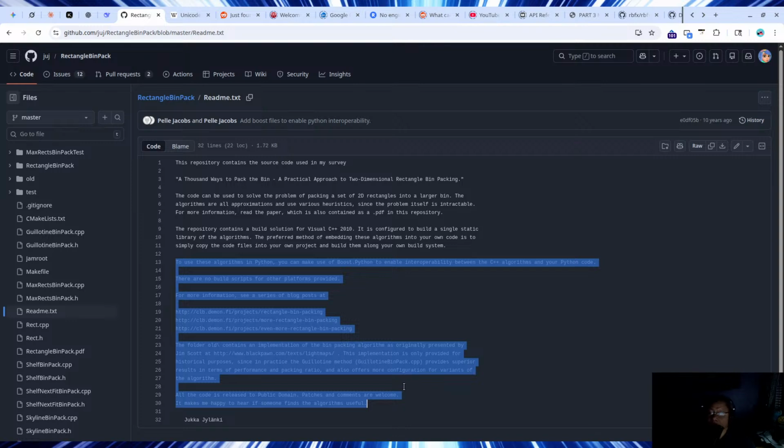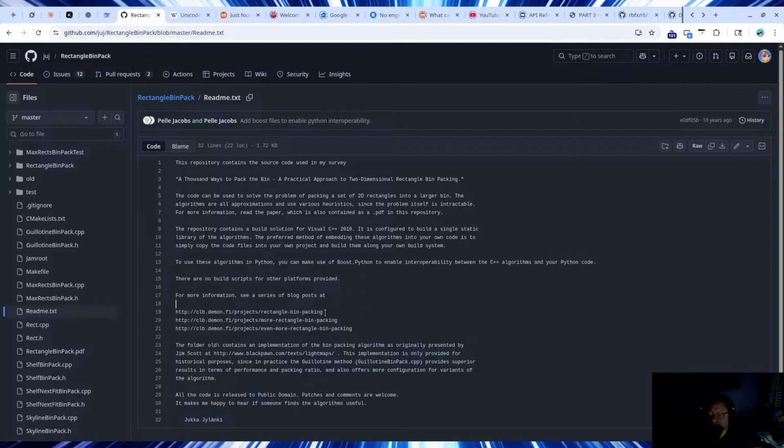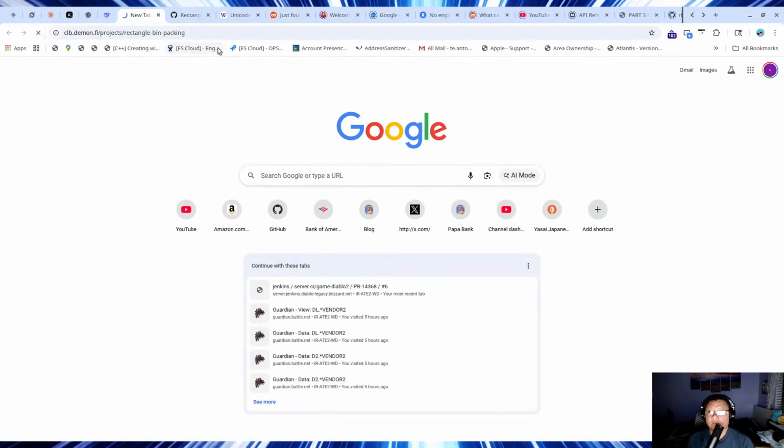For more information, see a series of blog posts at http://daemon.py/projects/rectangle-binpacking, http://daemon.py/projects/more-rectangle-binpacking, and http://daemon.py/projects/even-more-rectangle-binpacking. The folder old/ contains an implementation of the bin packing algorithm as originally presented by Jim Scott at